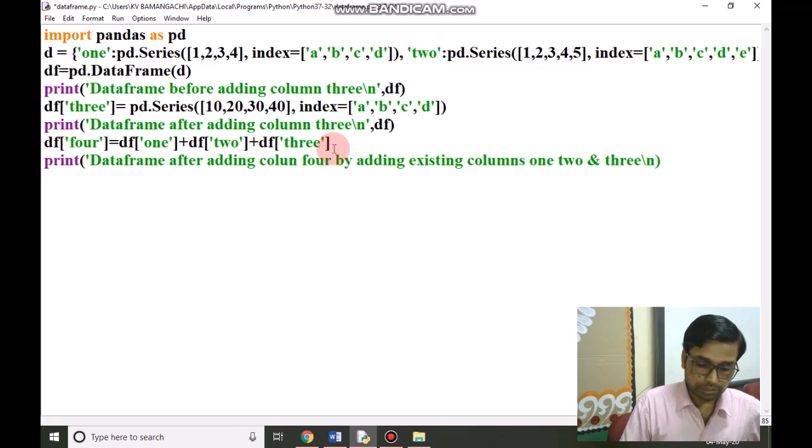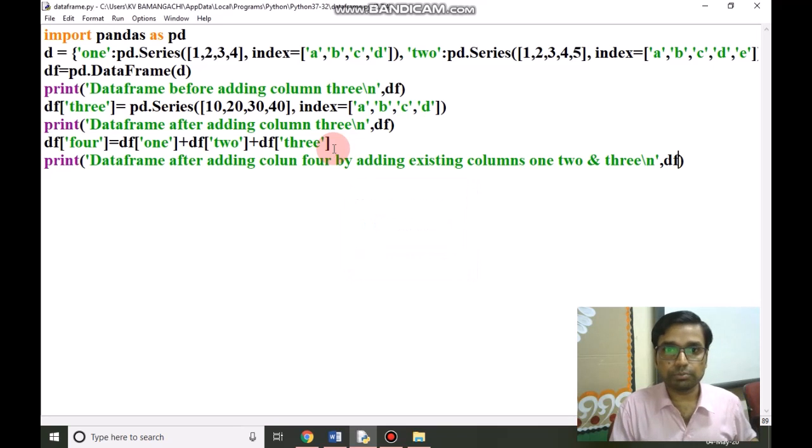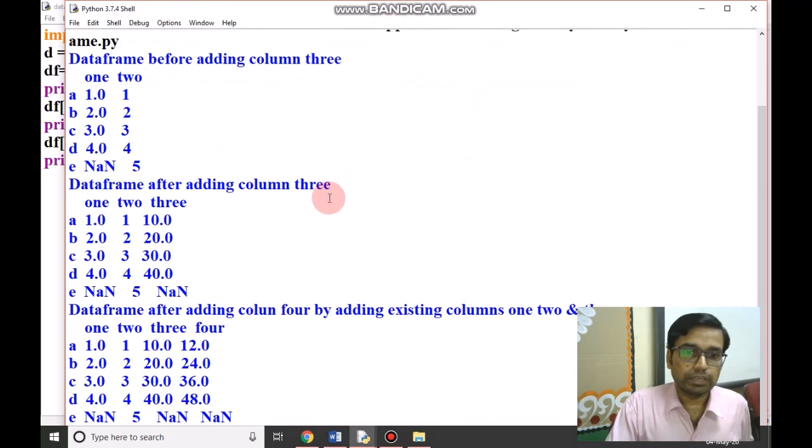I want to print the data frame from new lines. So I have written this code. If we run this program, we will find the addition.